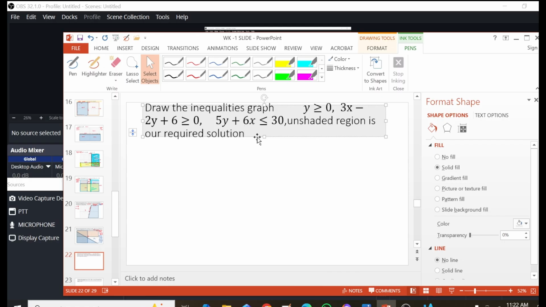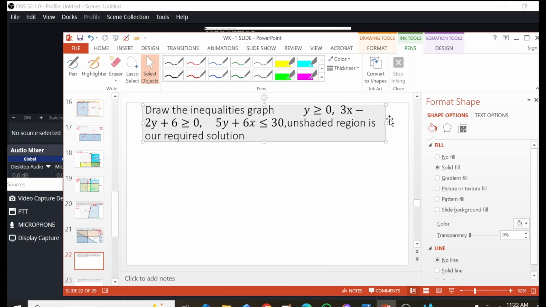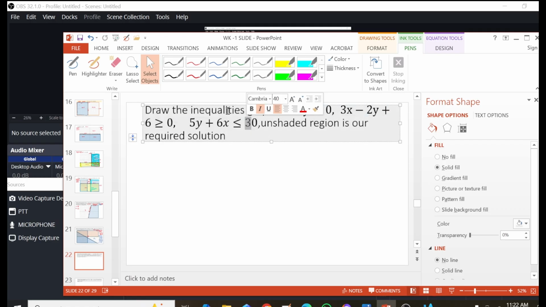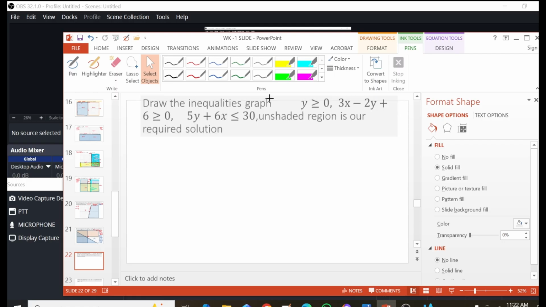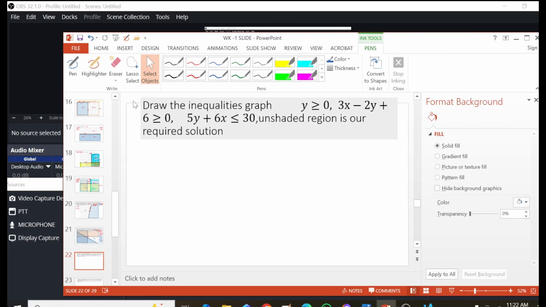So this is how the question will come. So then we're using the unshaded region as our required solution, and this is what you will see. So just to make it uniform, the unshaded region is our required solution, and in this case,